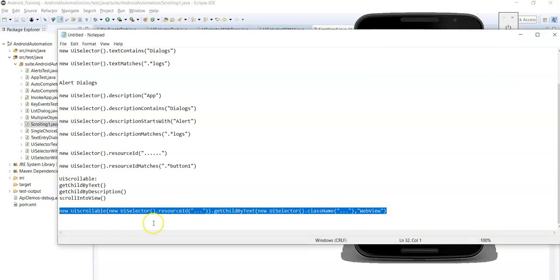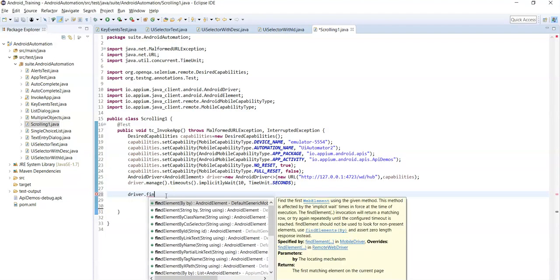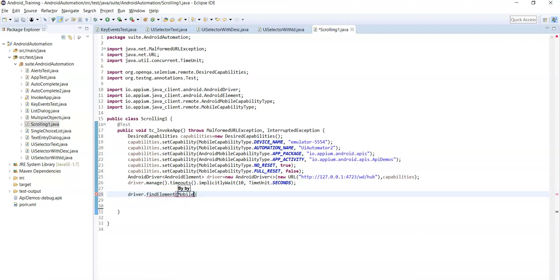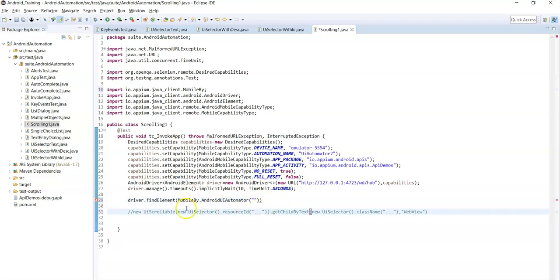Just copy this one. Now driver dot find element of mobile by dot Android UI automator. Now let's copy and paste this one. Now you need to pass the UI scrollable object with those three parameters.